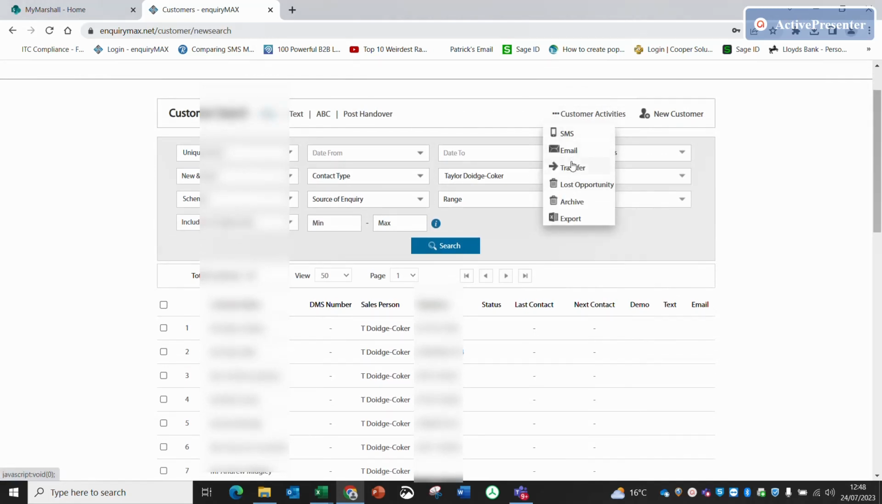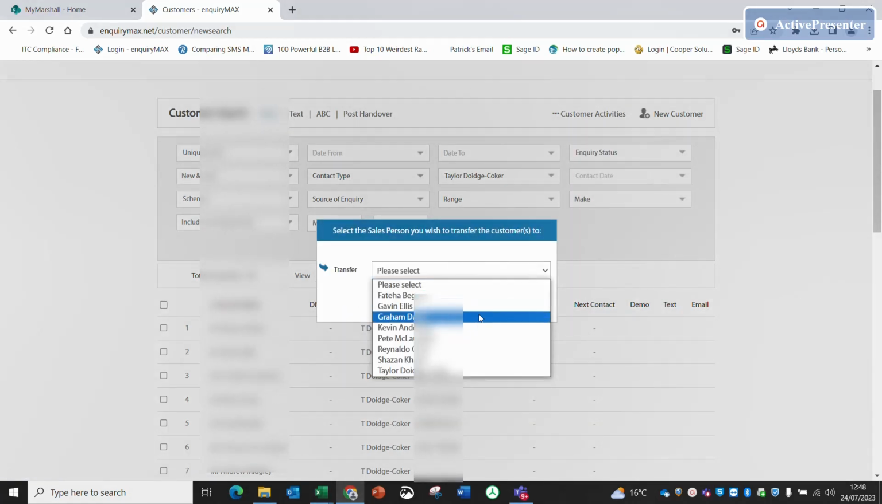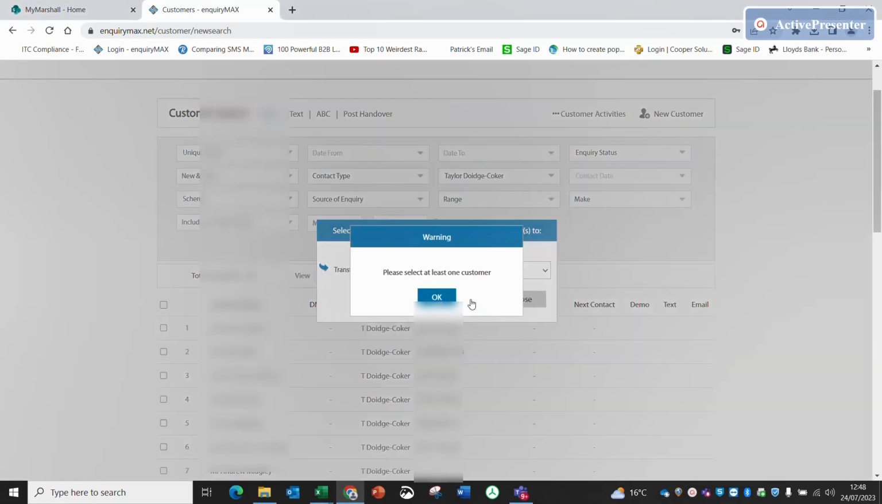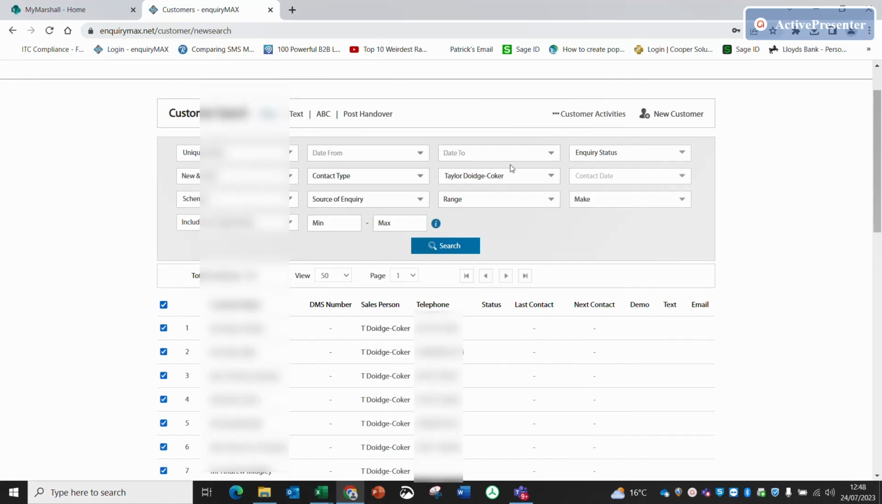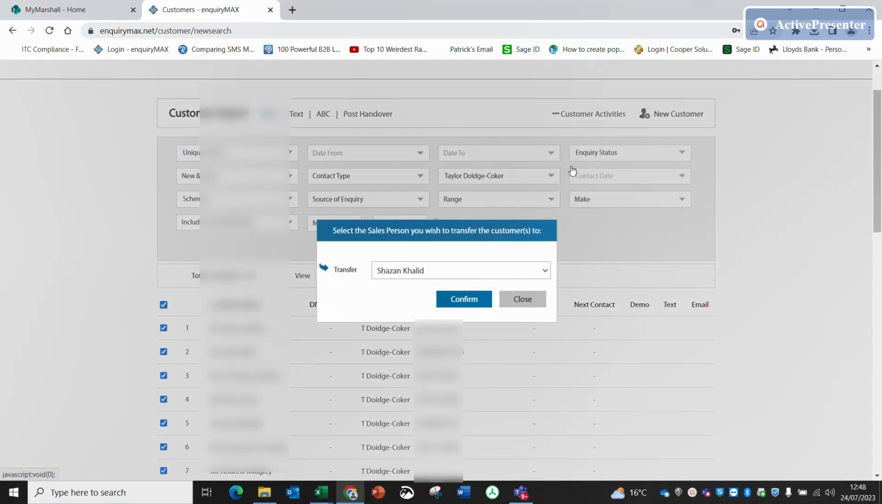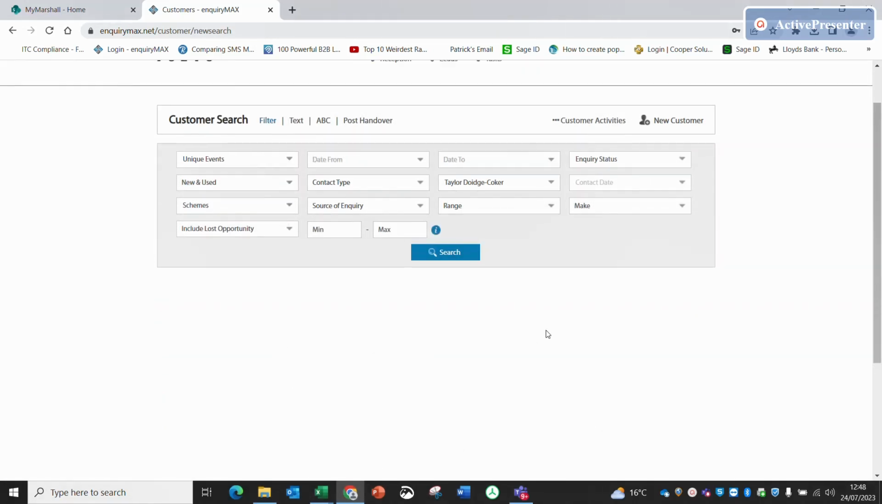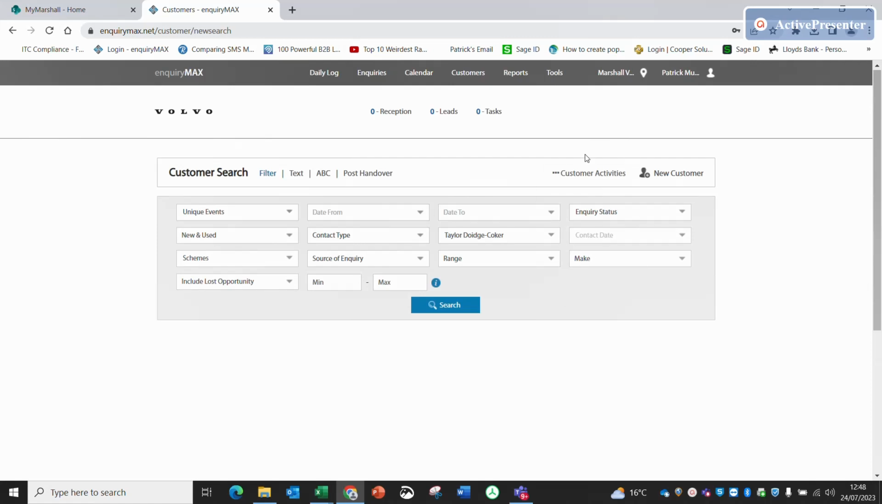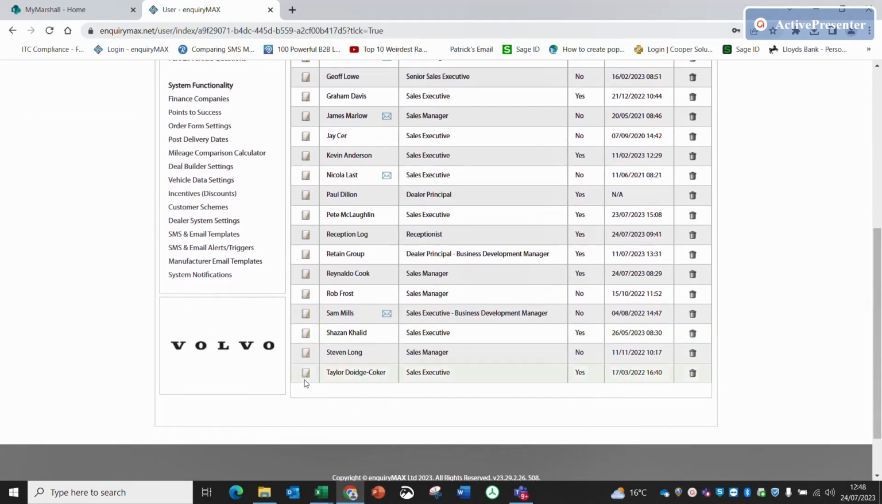So I'm going to transfer to another sales executive, and then confirm that. Select all, must remember to do that obviously. Then go and select a transfer to another person. Click on confirm, and they've now gone. So all I now need to do in order to get rid of that sales executive is go to the tools, manage users, go back to Taylor